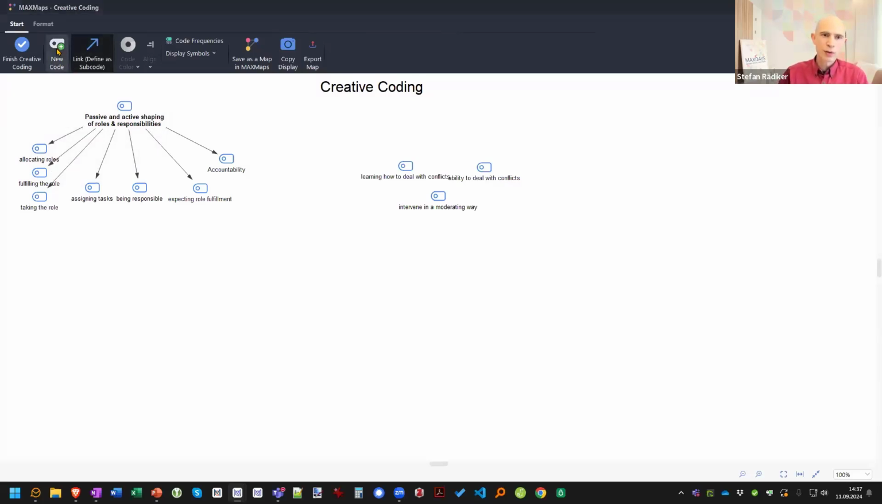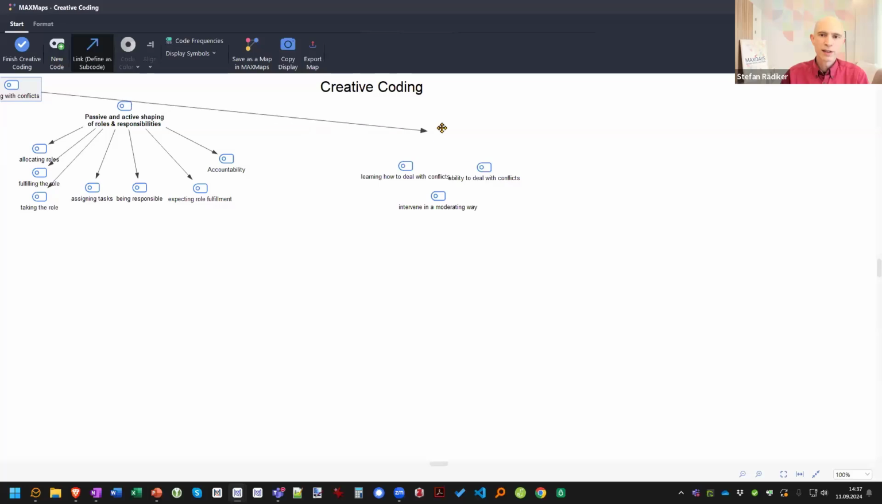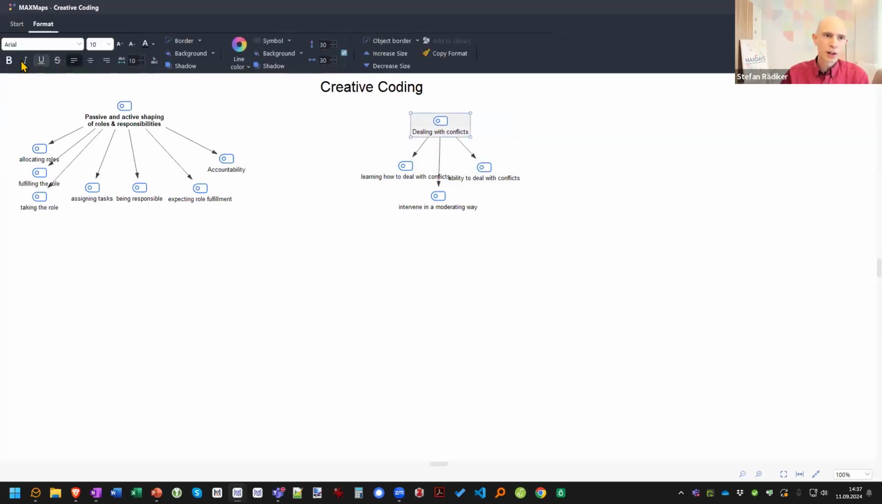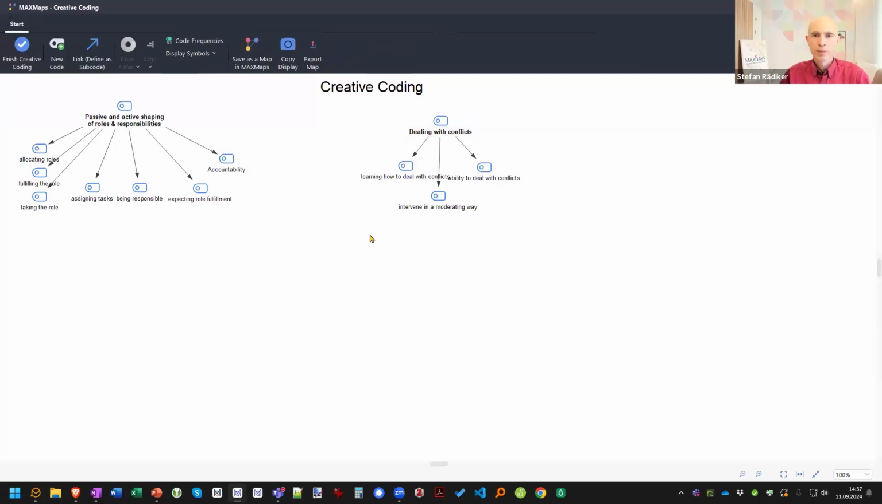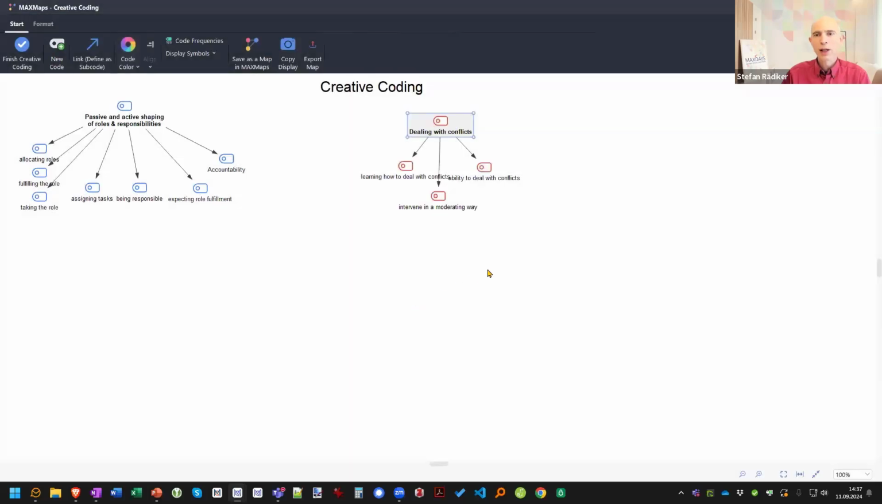And I could do this also for the second one. So I could add another code. For example, I could call it dealing with conflicts. And I place it here. Oh, I'm still in link mode, so I place it here. I will also link it. I will also set it in bold to have it more catchy here. And I think it's a good idea to also change the color. So I simply click on it and I set a red color for the conflict code